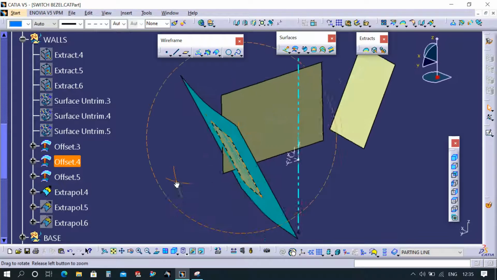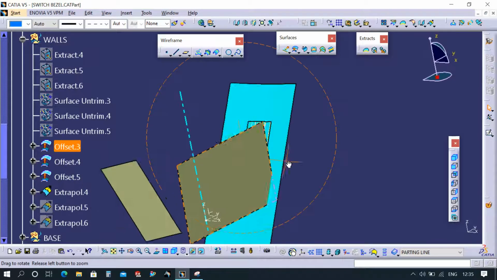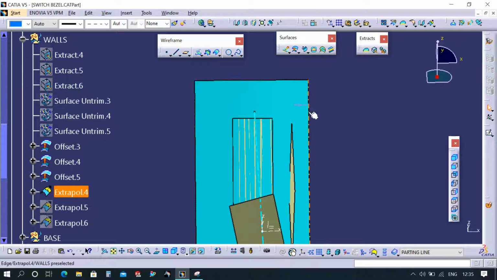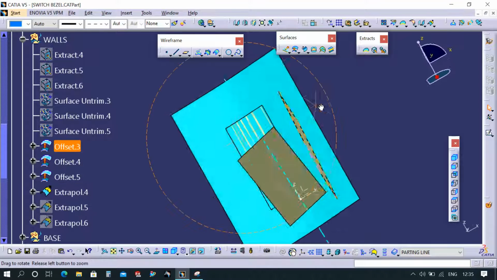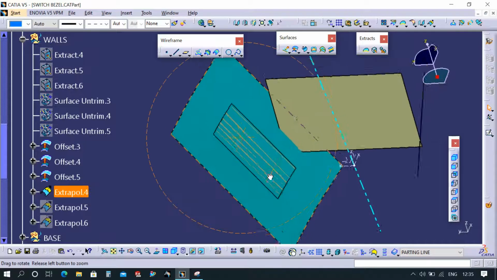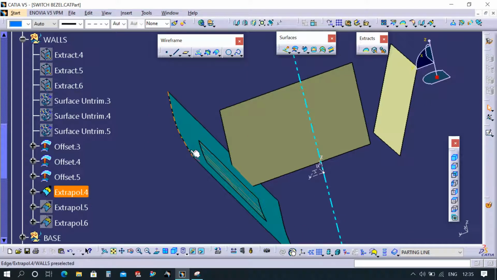I will tell you why I'm telling this. Sometimes, if some other surface is there, you can't trim it. If another surface is bisecting, your trimming will not be acceptable.